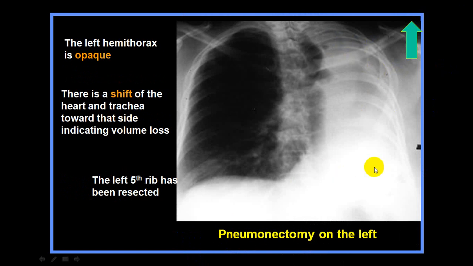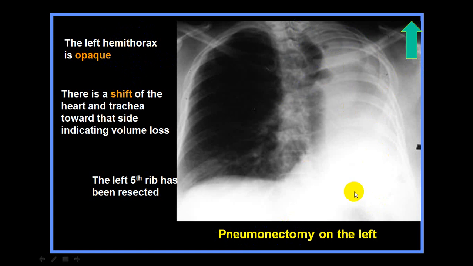Now, here there is a uniform haziness. Entire mediastinum is on this side. I cannot identify the diaphragm, I cannot identify the angle. So, this has to be collapse, fibrosis, and don't forget there is one more condition we call pneumonectomy, which means the lung is removed. And to confirm that, if you see these ribs, this rib is missing. So, the rib has been resected out. So, this is a uniform haziness and there is a volume loss and the trachea is grossly to this side. And if you see a rib removal, some surgery has been done and probably the surgery was pneumonectomy.